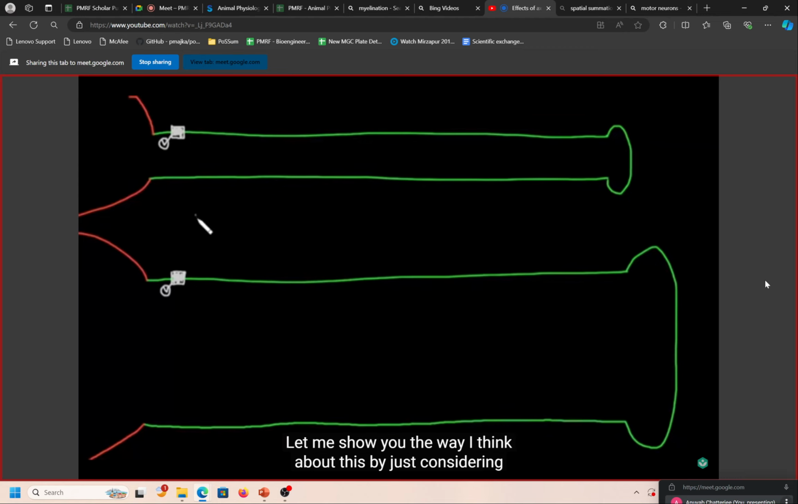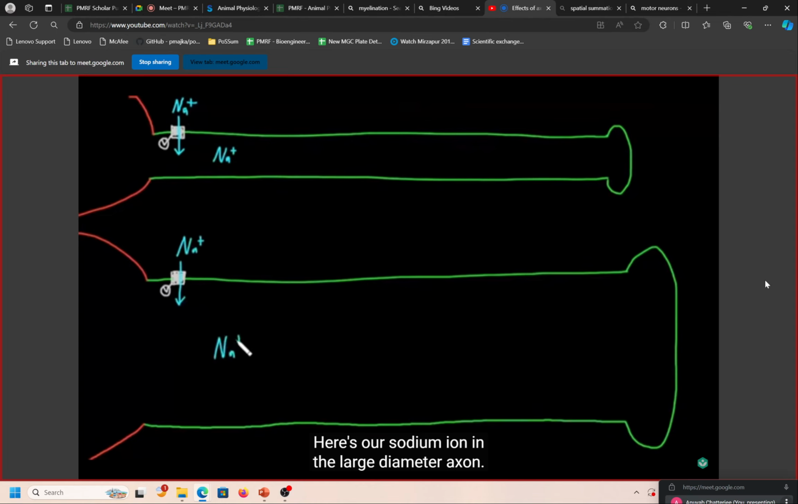And let me show you the way I think about this by just considering a single sodium ion that's entering an axon through a voltage-gated sodium channel. So we'll say we just have a single sodium ion in here we're going to look at, even though there are many sodium ions flowing in through these voltage-gated sodium channels. And let's consider this for both the large diameter axon and the small diameter axon. Here's our sodium ion in the large diameter axon. Now both of these sodium ions, once they're inside the axon, could move in really an infinity of directions. They could go in any direction and any degree of direction, so that there's an infinity of pathways